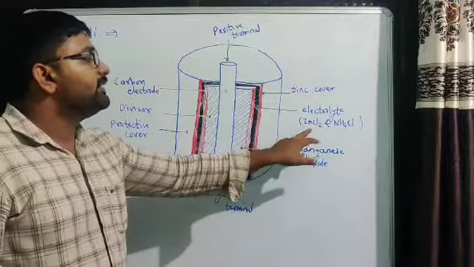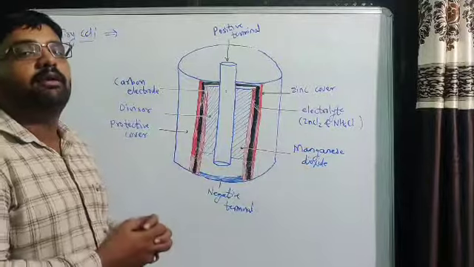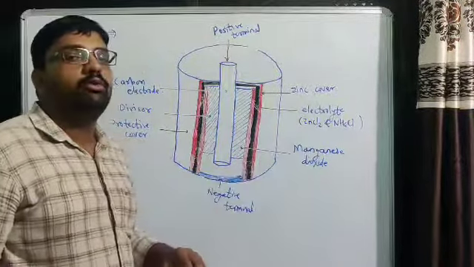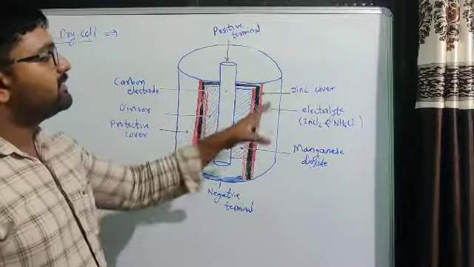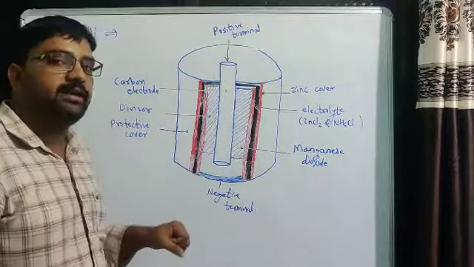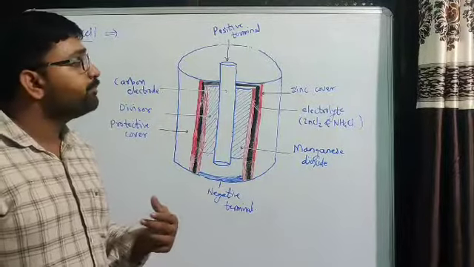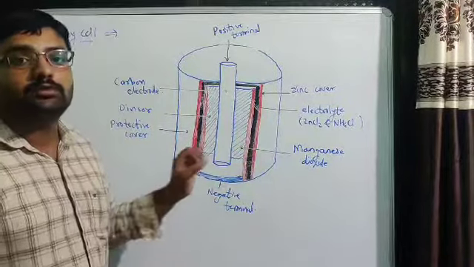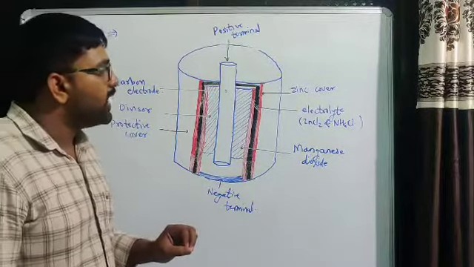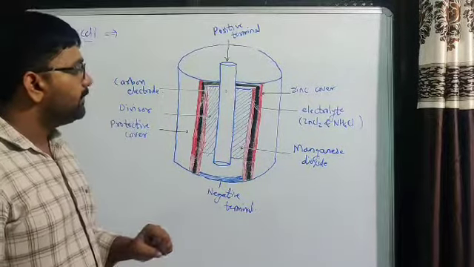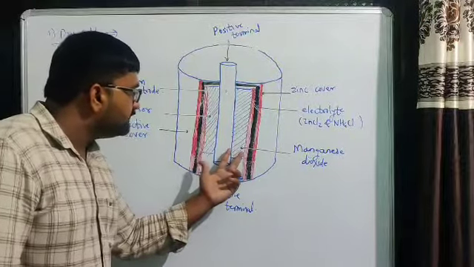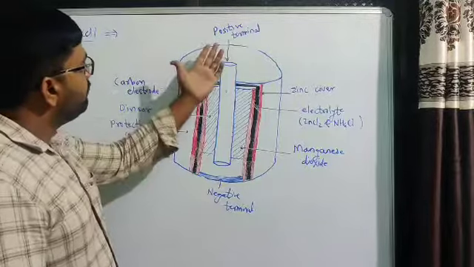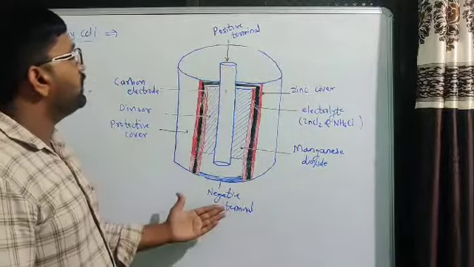That electrolyte is a wet pulp, which is made using a combination of zinc chloride and ammonium chloride. By the chemical reaction that takes place in that electrolyte, charges are generated. So these charges are present in this electrolyte, and that is the importance of this electrolyte, which we also have to remember. Then manganese dioxide is used as a depolarizer. Then the carbon rod is in the middle.